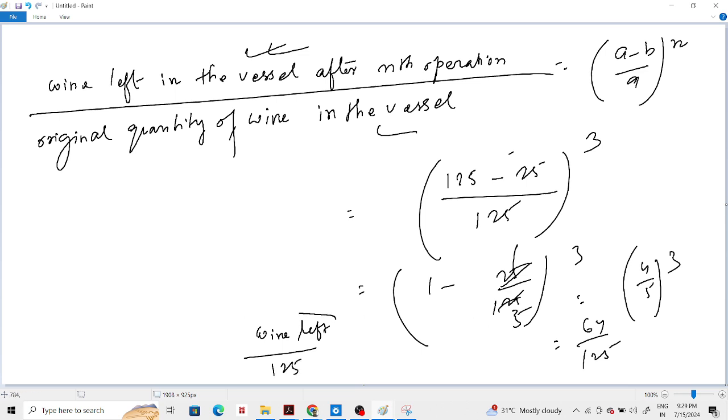I need to find out only wine left. Then this 125 will get multiplied over here. It will cancel out and it will give me 64. Got understood? ডিরেক্ট 64 তো লিখতে পারি। হ্যাঁ, একটা স্টেপ করে দিলে কোনো অসুবিধা নেই, ডিরেক্ট লিখতেই পারো।